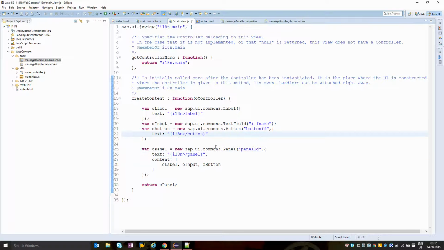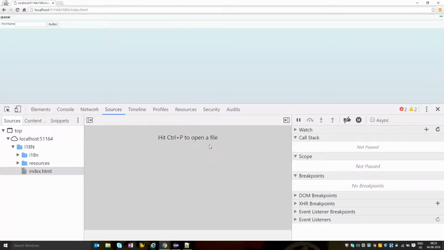I have given a wrong binding path, so I'm just removing this slash. It is not necessary in the case of a resource model, because you're just going to load the text as direct variable values, not from the root location.